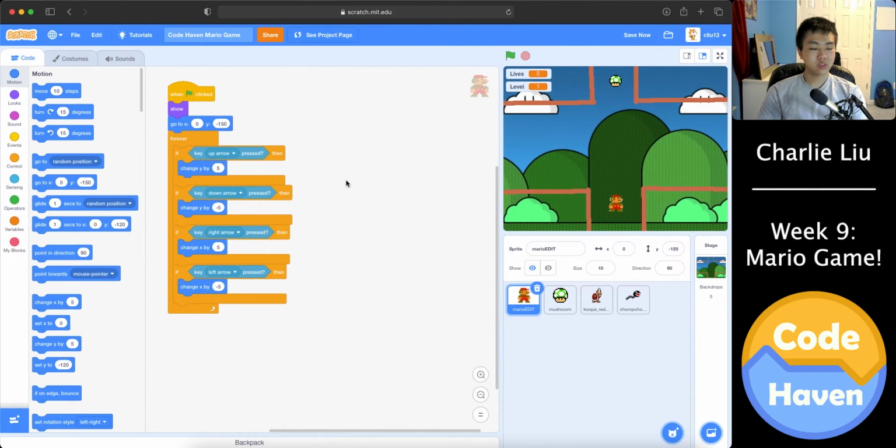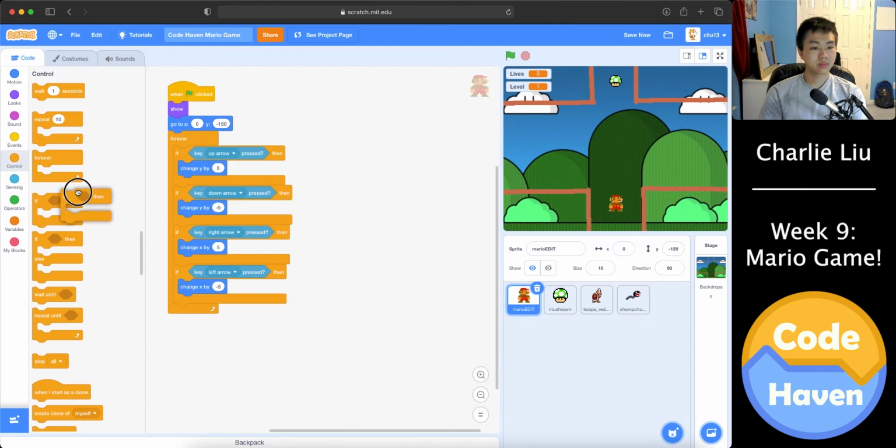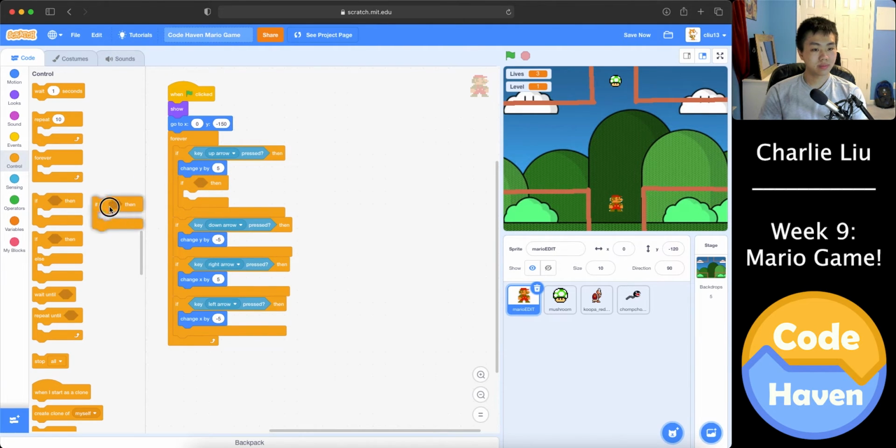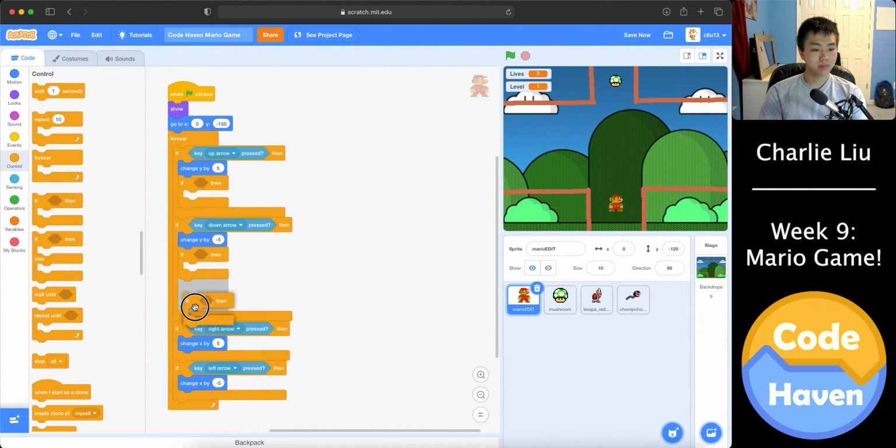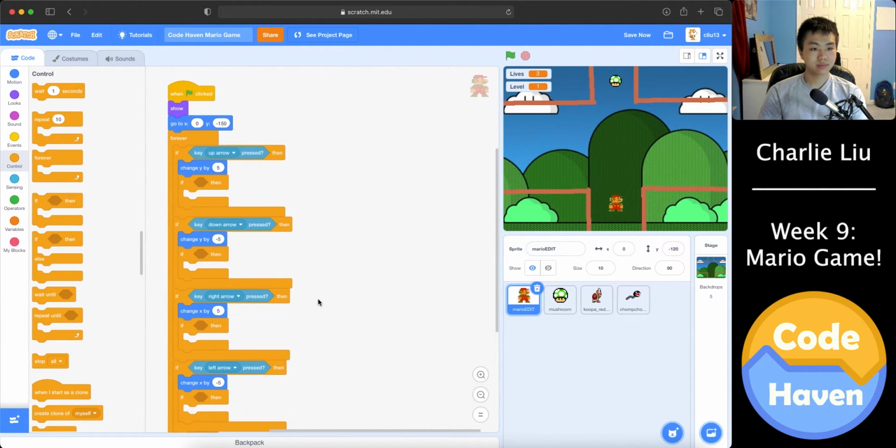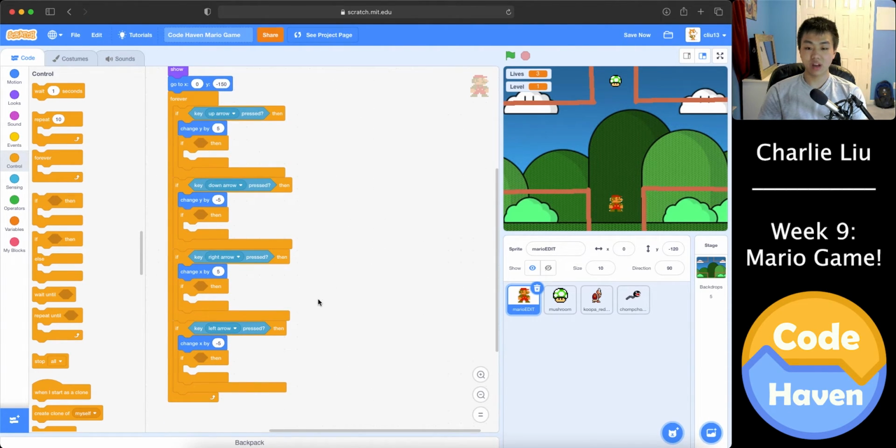Awesome. We also want to make sure that whenever we move Mario, if he ends up touching the wall, we want to make sure he doesn't go through the wall. In order to check for that, we need another if statement within each arrow key block. 1, 2, 3, and 4. In order to detect whenever Mario is touching a wall, I'm going to go to Sensing